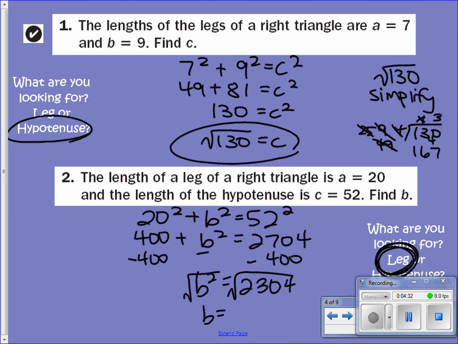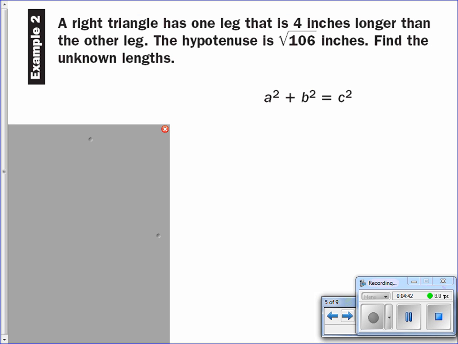2,304 is actually the perfect square of 48. Test in your calculator to see if it's a perfect square. If not, then you can play the simplifying game. The other part of your homework today is going to be